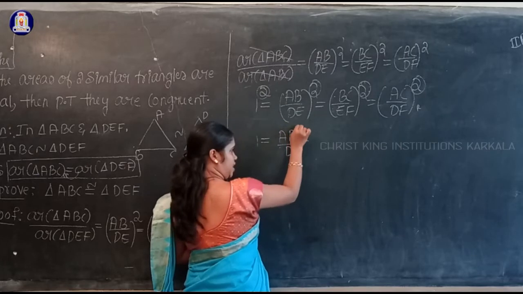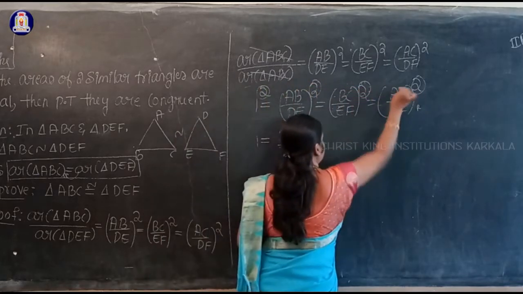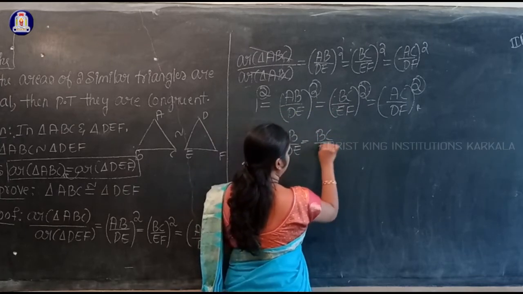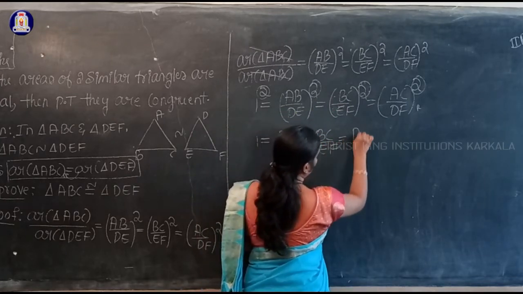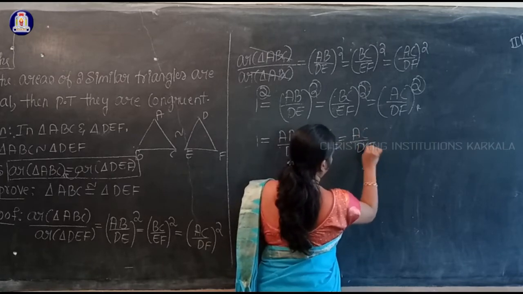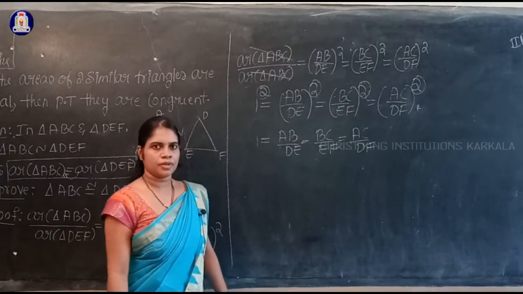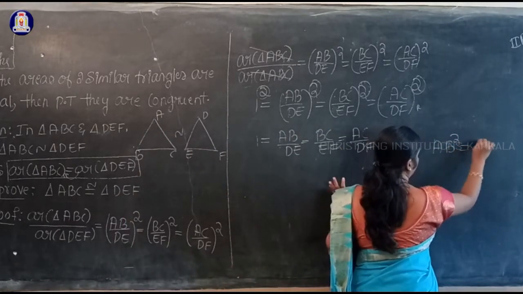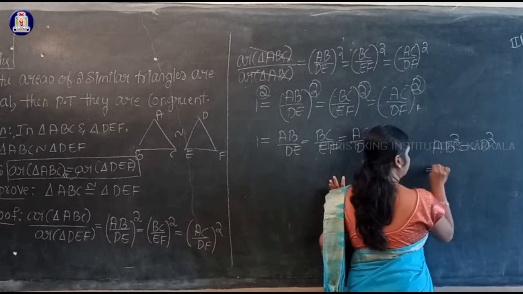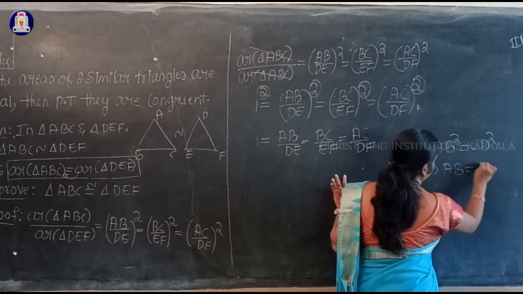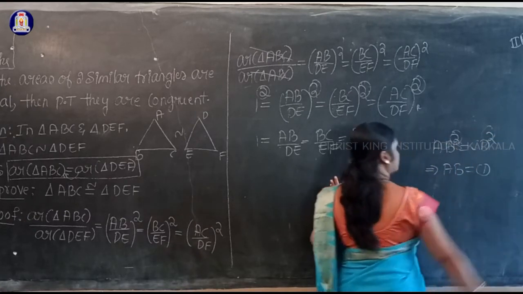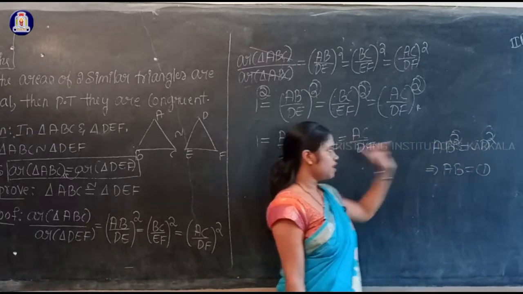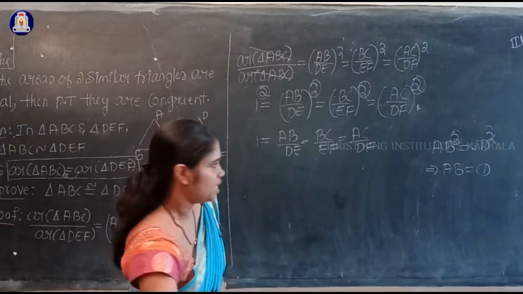I will not consider here square. Here all the squares numbers are equal, so therefore that particular number will be equal here, BC by EF equal to AC by DF. Can I write like this? See, one thing I will say: if the side AB square is equal to CD square, then can I say AB is equal to CD? If its squares are equal, then can I say AB is equal to CD? Yes, so I will use that result here. If the squares are equal, then